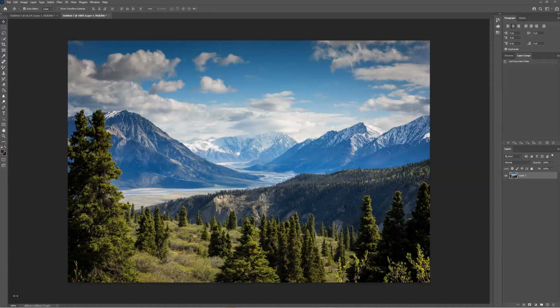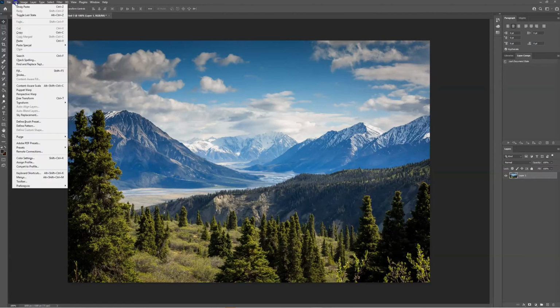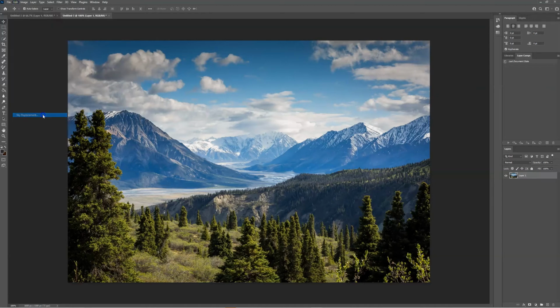In this Photoshop tutorial, we'll be sharing with you how you can use a new feature available in Photoshop 2021, which is the sky replacement feature. So what you want to do is replace this sky with a different sky, which is a feature built into Photoshop. So if we head over to Edit and select Sky Replacement,